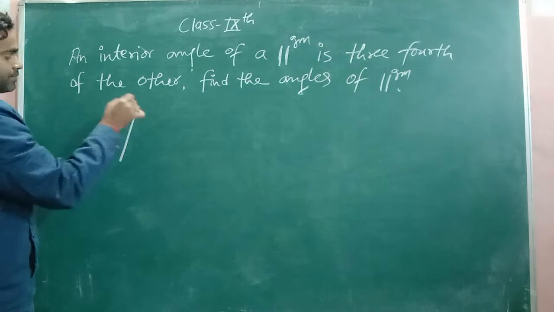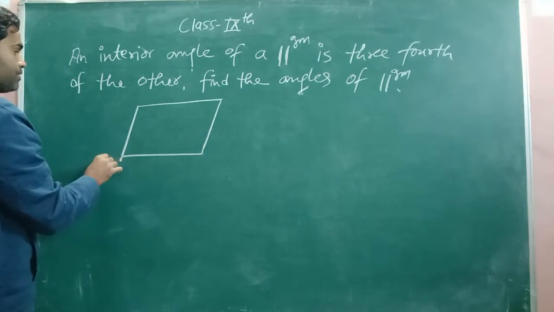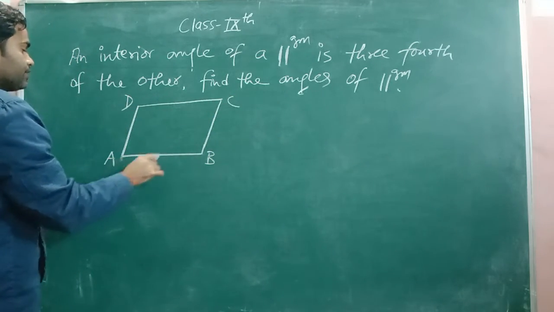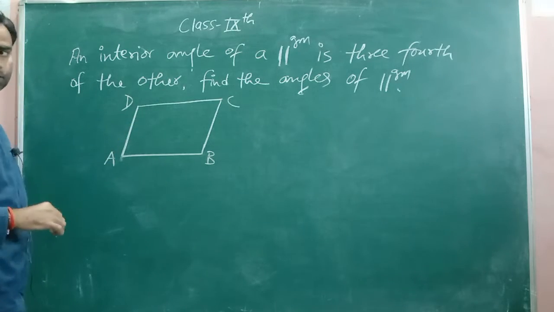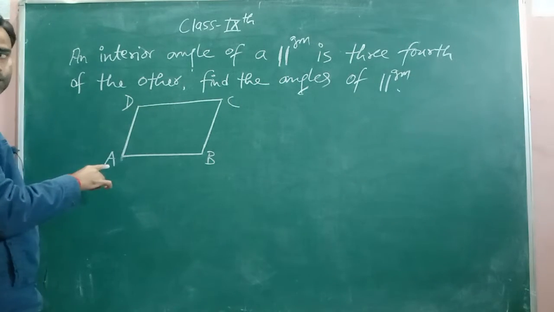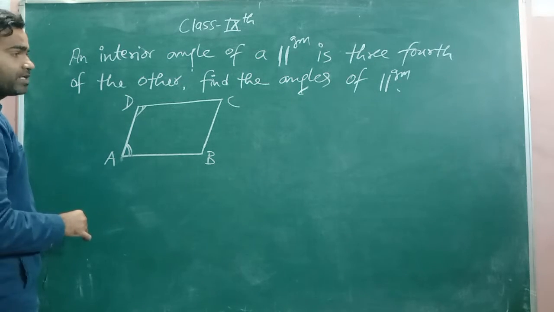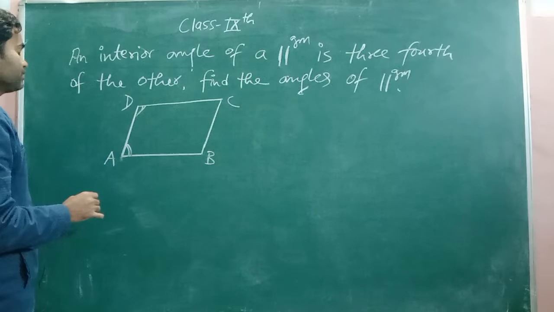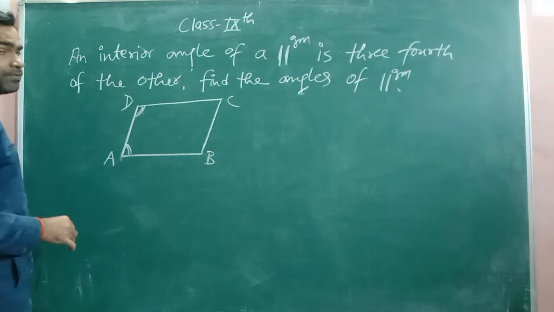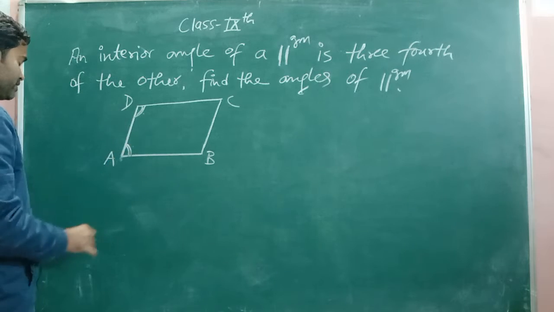So if we take a parallelogram with base equal to AB, ABCD is a parallelogram, then AB is parallel to CD and AD is parallel to BC. And if there are two parallel lines, AB parallel to CD and AD is a transversal, then the sum of these two angles is 180 degrees, co-interior angles. In the case of a parallelogram, you can say that the sum of any two consecutive angles is 180 degrees.